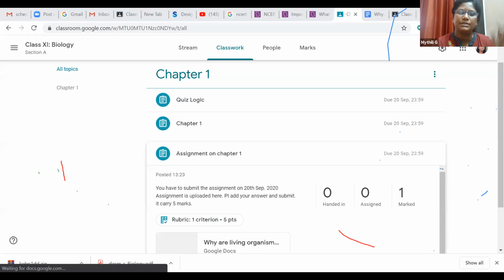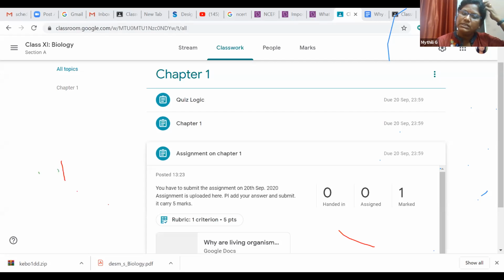I can submit it. So this is the way you can put it in a logical way. After completing this one, they will get the next section, and after completing that one, they will get the next section, like that. Using this quiz, you can create it in a logical way also.